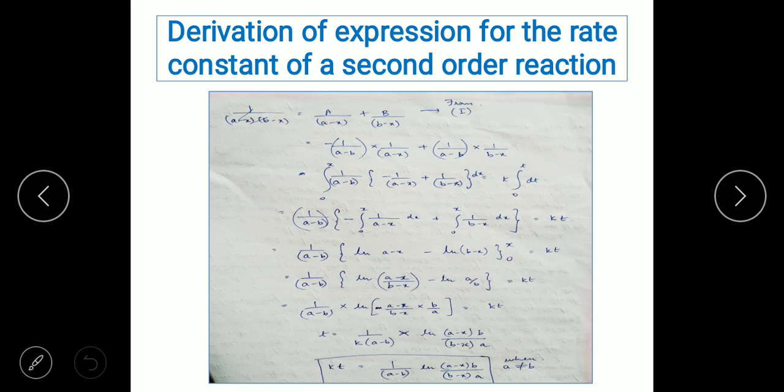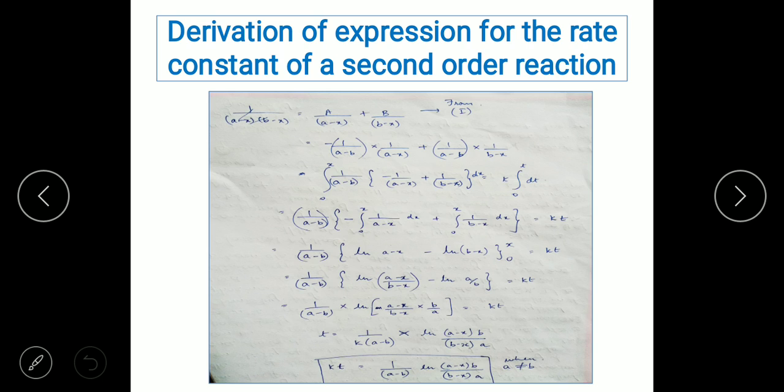Before that, we are going to make use of the two limits, and we are going to equate this equation. That is nothing but ln of a minus x. What we are going to do is in the first term we equate x is equal to x, and in the second term we equate x is equal to 0. So the first term we have ln of a minus x by b minus x, when x is equal to x, and then the next term for x is equal to 0, ln of a by b. So if this is clear, ln of a minus x by b minus x minus ln of a by b is equal to k into t. So you have 1 by a minus b into ln of a minus x.